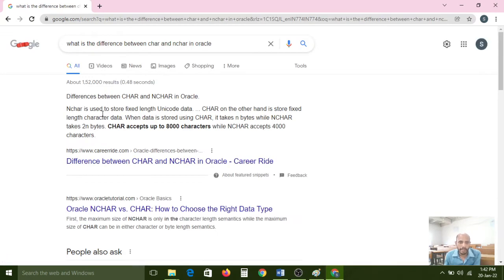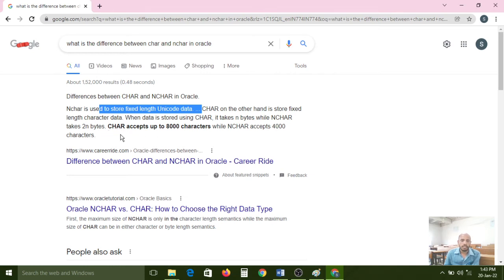Char data type and nchar data type. Nchar is used to store fixed length Unicode data. Char, on the other hand, is fixed length character data. When data is stored using char, it takes n bytes, while nchar takes 2n bytes.